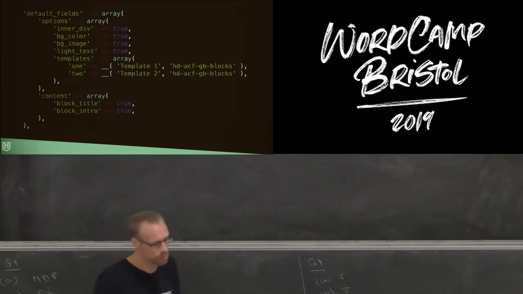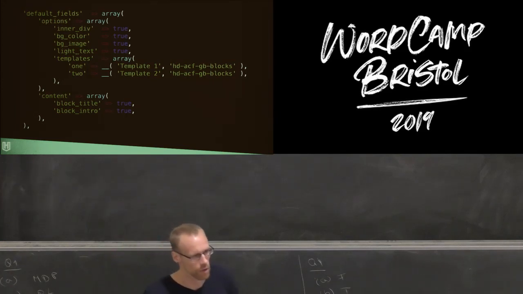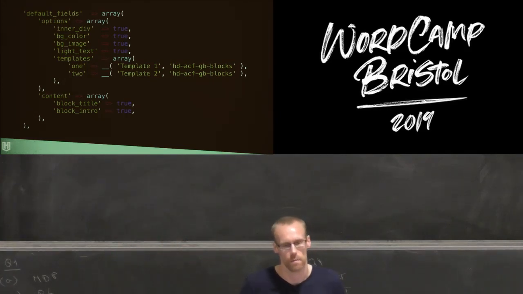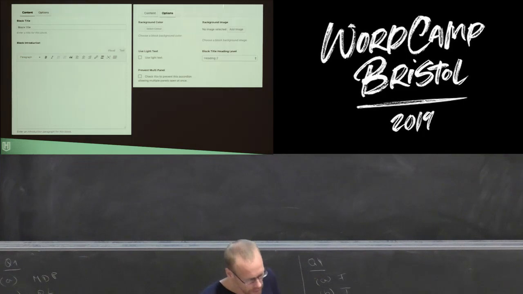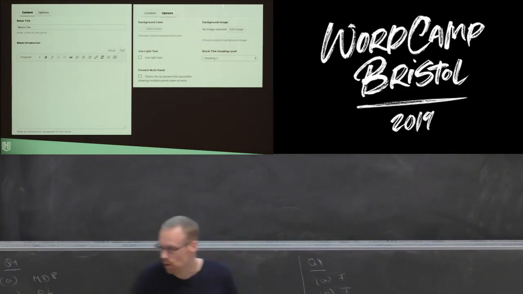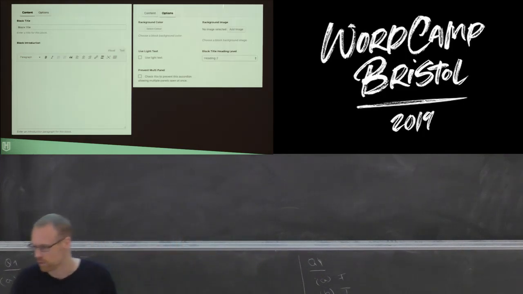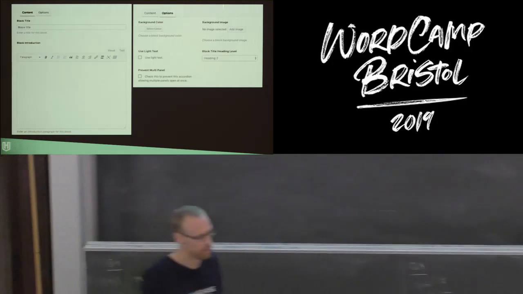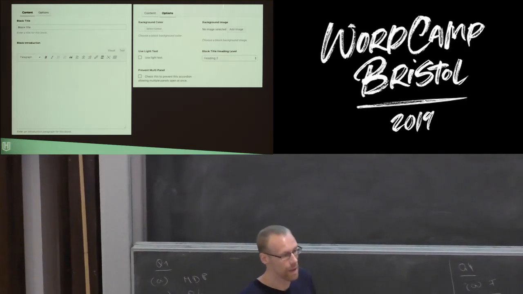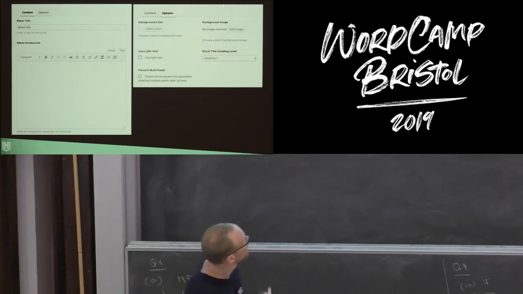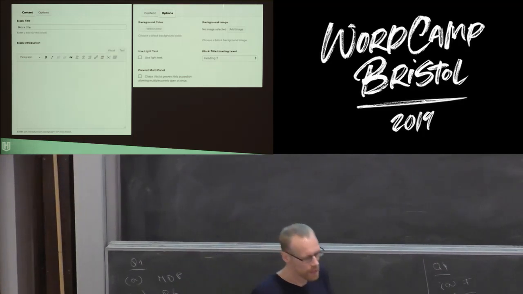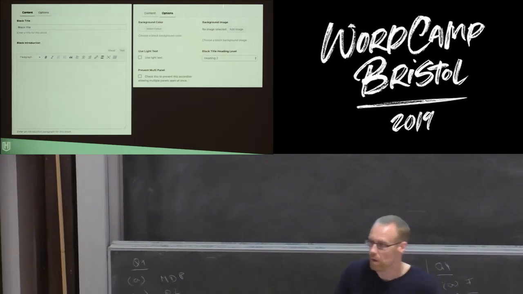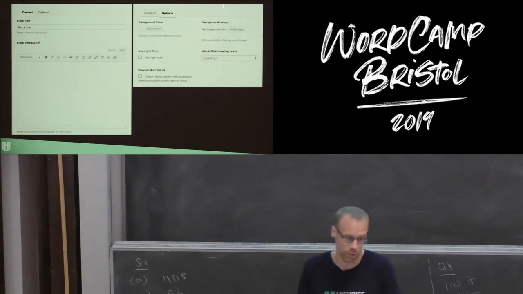And then each block can support a block title and a block intro if you want it to, so that you can, again, keep some consistency with all blocks and have all block titles the same. In the editor, this is what a block looks like. Don't know which block this is, paragraph, no it's not, can't remember. But all blocks have two tabs in our plugin. So they have a content tab, which is essentially where the person writes the stuff that's going to output on the page. And then they have an options tab, which is where they set the options for that